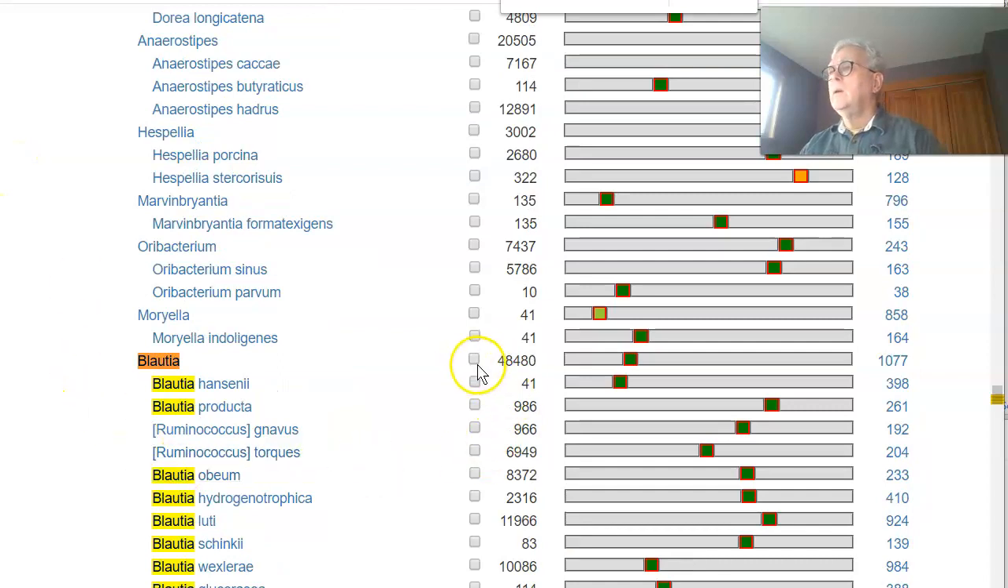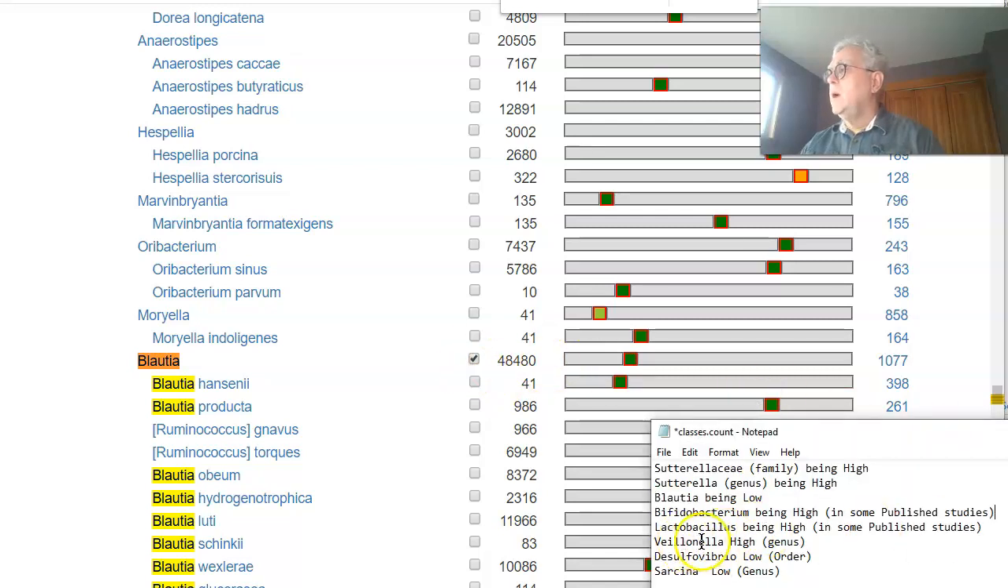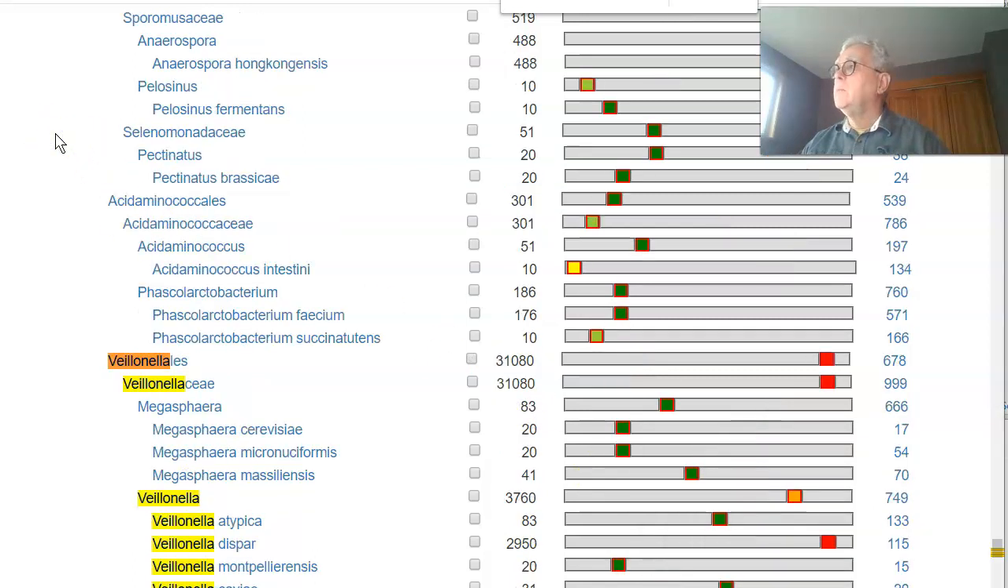And I'm going to put a tick mark beside that, indicating that I want to get suggestions based on the Blautia levels. The next one, I'm going to skip Bifido and Lactobacillus because there's complications there, or at least I feel there's complications because it is up and down. So Veillonella is sitting here, and it's on high. We could also mark its parent if we wanted to,